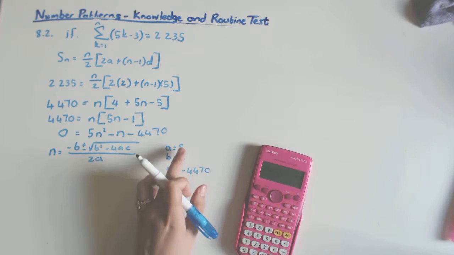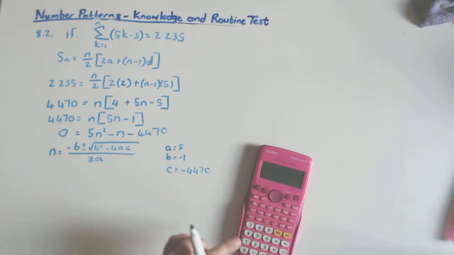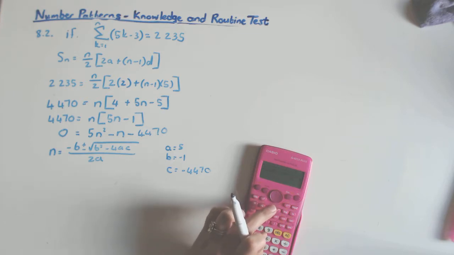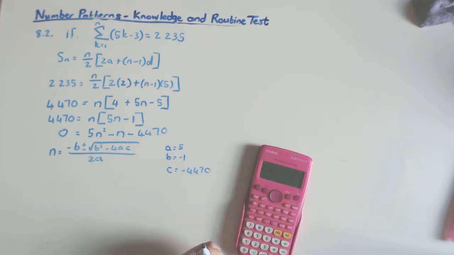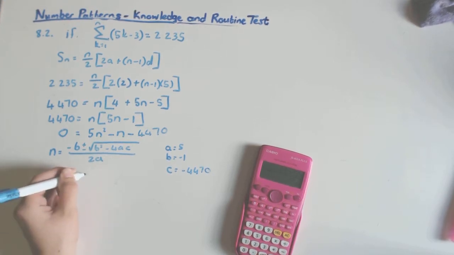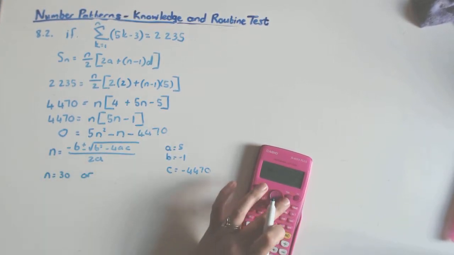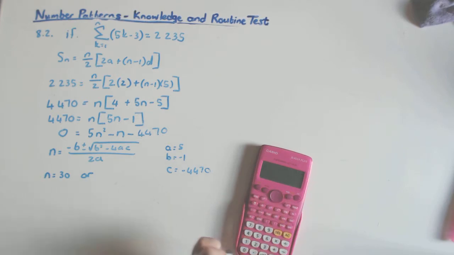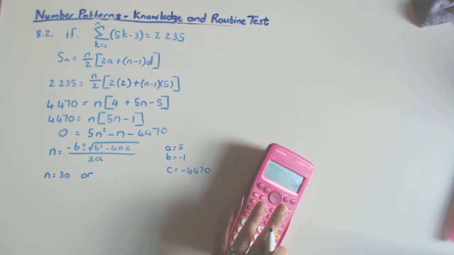Minus 4a is 5. C is that. Over 2 times a. A is 5. 2 times a is 10. Okay, so that gives me 30. So n is either 30 or if I change that plus to a minus over there, n is